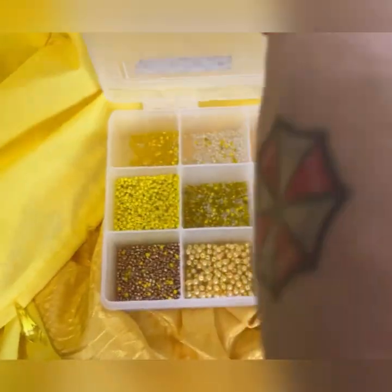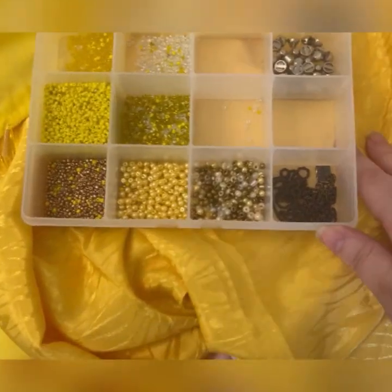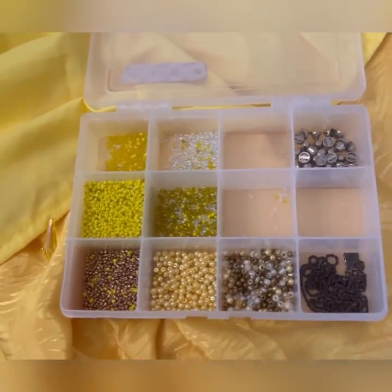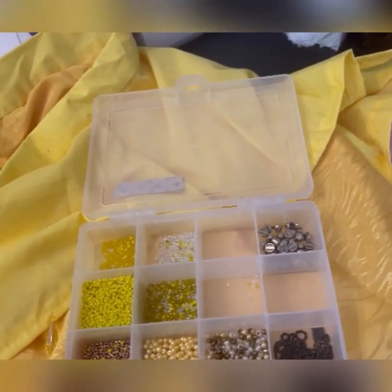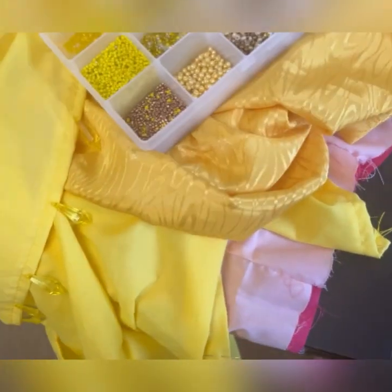And I do actually have it with me now, my beading. This is one of my little project boxes that I have. This doesn't matter, unfortunately a load of the beads got mixed in from like transport, but these are all the golds, yellows, and some clear beads that I have to go on my Snow White project. And as I said, it's all football on this afternoon, so I'm going to have a lot of hand sewing to do,